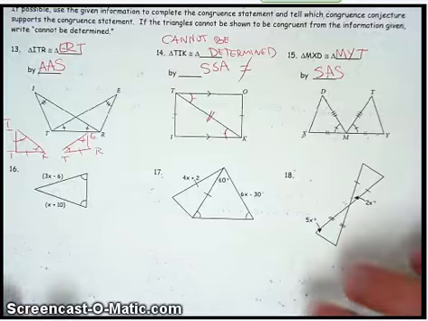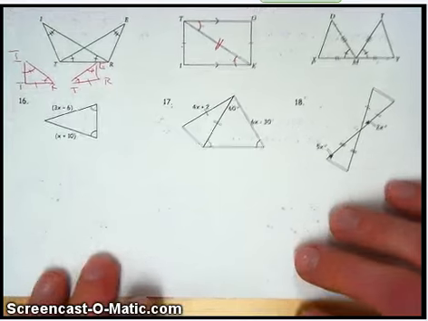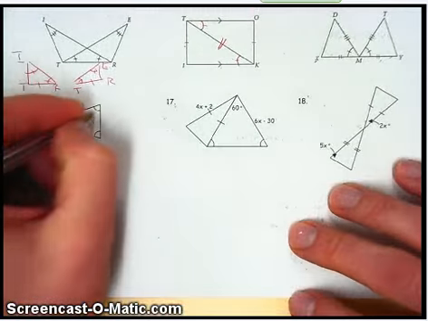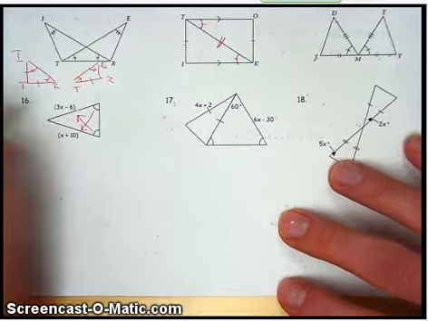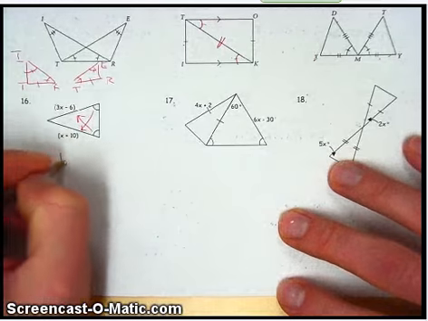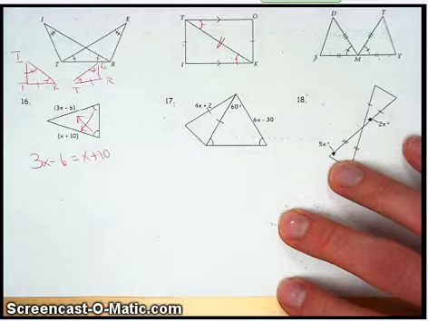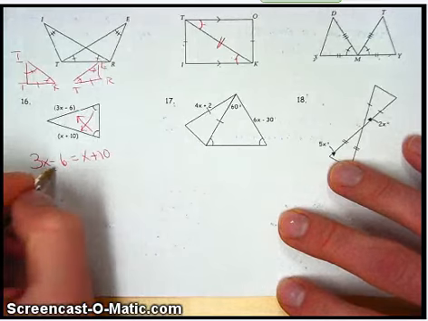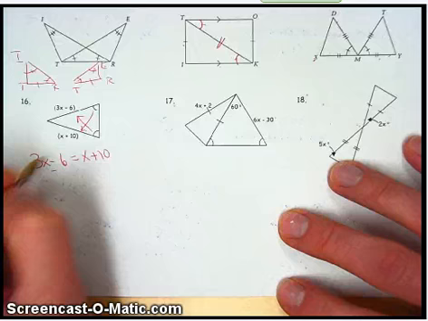Okay? All right, last couple here. Just going to solve for x. If I've got two angles that are the same, that means I have two sides that are the same. So I can set those equal. 3x minus 6 equals x plus 10. I go ahead and solve for x. So I'm going to get this, x is the smaller x over here, so I'm going to subtract x from